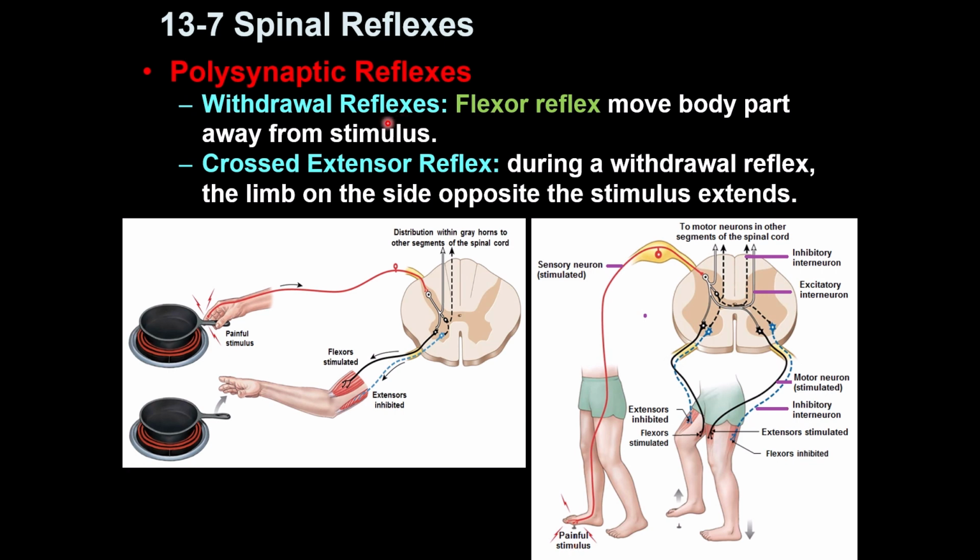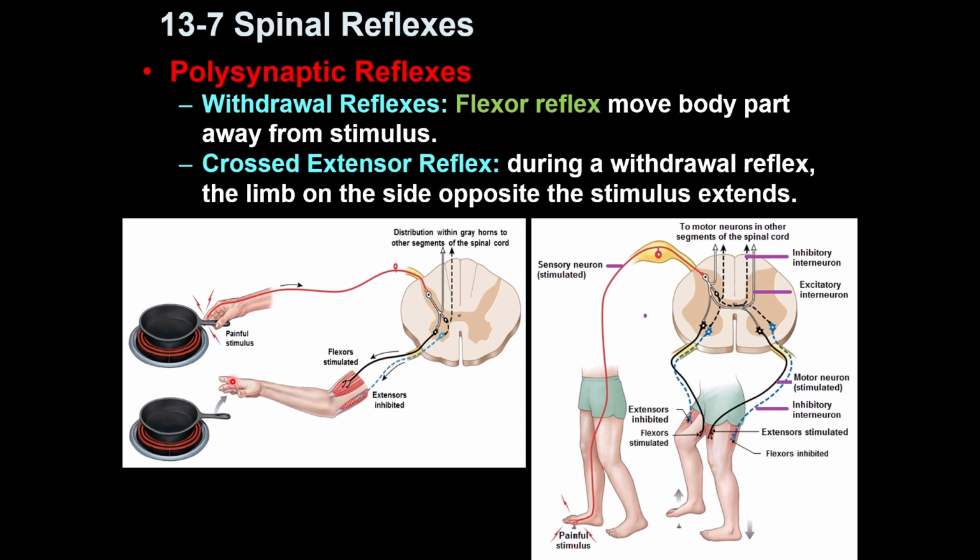This is another example called the withdrawal reflex. So if you're touching something really hot, or maybe something painful or sharp, what happens is the sensory signals are sent to the spinal cord. Here, this is the posterior horn of the spinal cord that processes sensory information. You have an interneuron here, and that's connected to the motor neuron in the anterior horn of the spinal cord. Then the information goes through the ventral root to the muscle, causing contraction of the biceps muscle, for example, and that will cause a flexion of the elbow, and then you are removing your hand from the painful